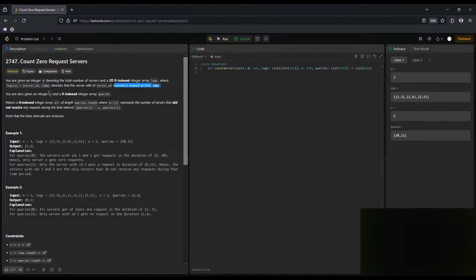You're also given an integer x and queries, and you return a zero-indexed array of length queries.length, where result[i] represents the number of servers that did not receive any request during the interval queries[i] minus x. Okay, so this is the interval. Note the time intervals are inclusive. So we have